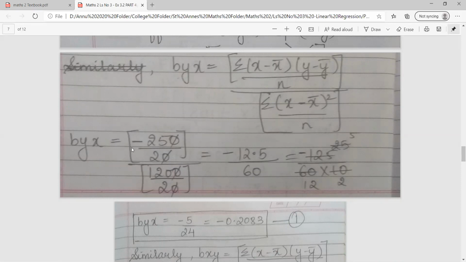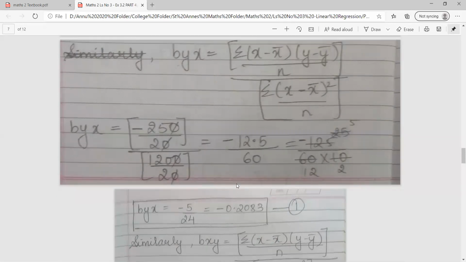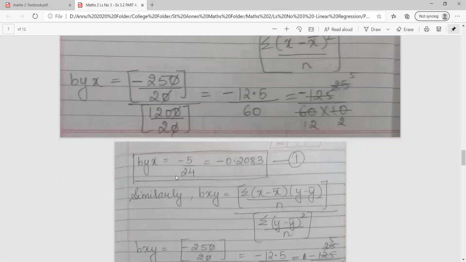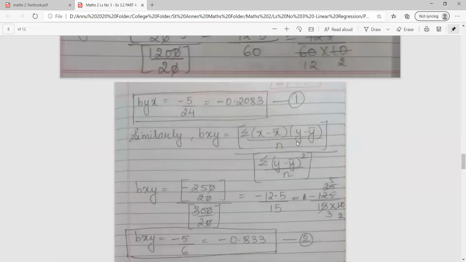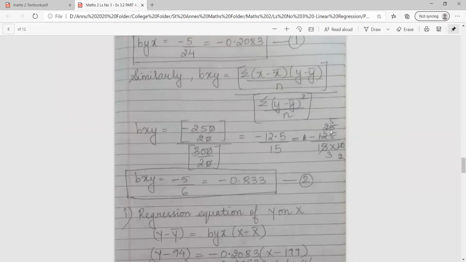So as you can see, there's a minus sign. Be very careful regarding that. So I have substituted the value and I have put it in fraction as well as in decimals as point number 1. Similarly, you can find out bxy. The numerator remains the same. ऊपर तो covariance ही आएगा. The denominator will change and the letter is y over here. So summation y minus y bar the whole square upon n. So putting the values again, I have written in both the formats. I've removed the decimal, I've done the cuttings. And then I've got the answer bxy is equal to minus 5 by 6, which is minus 0.833.